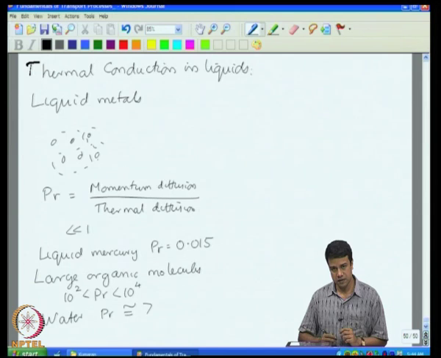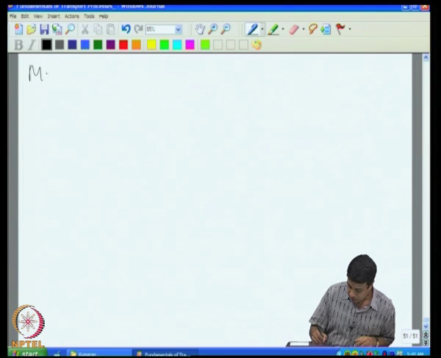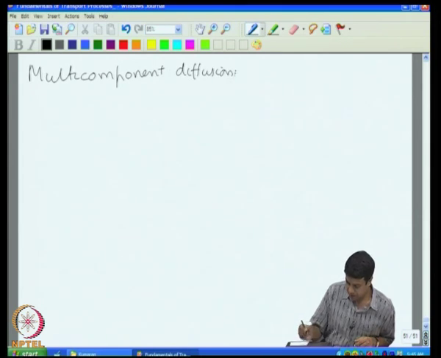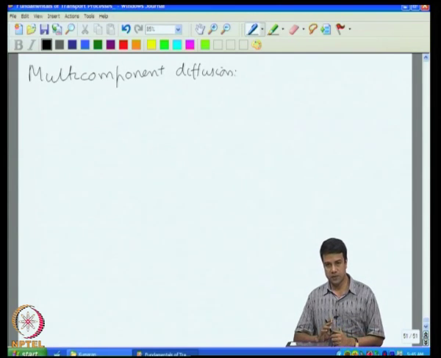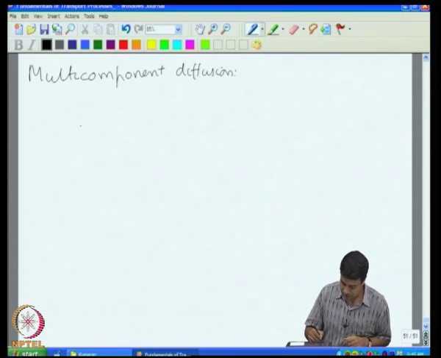Before I leave, I promised that I'd discuss the difference between diffusion in the case of dilute solutions and normal multi-component diffusion. So, let me just briefly deal with that. As I said, diffusion is transport which does not require the motion of the center of mass. So, in that case, for example, when I had